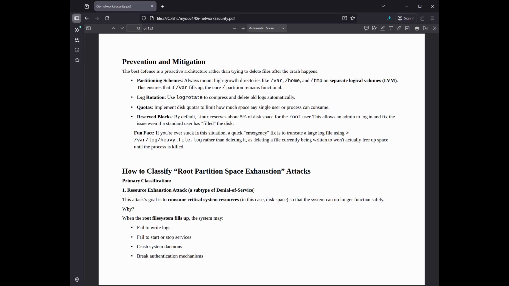Quotas: implement disk quotas to limit how much space any single user or process can consume. Reserved blocks: by default, Linux reserves about 5% of disk space for the root user. This allows an admin to log in and fix the issue even if a standard user has filled the disk. Fun fact, if you're ever stuck in this situation, a quick emergency fix is to truncate a large log file using /var/log/heavy_file.log rather than deleting it, as deleting a file currently being written to won't actually free up space until the